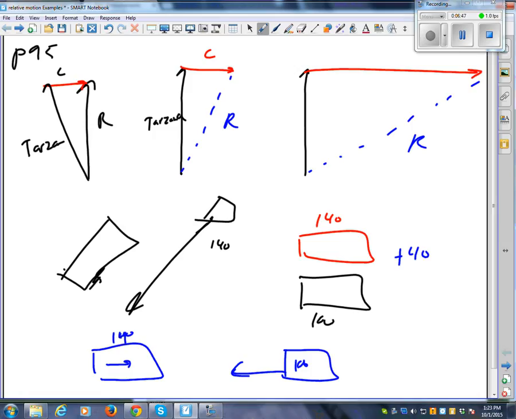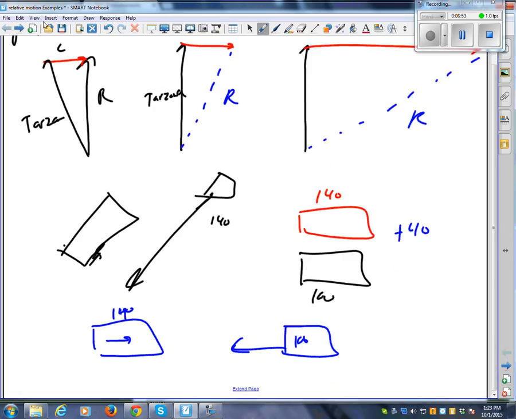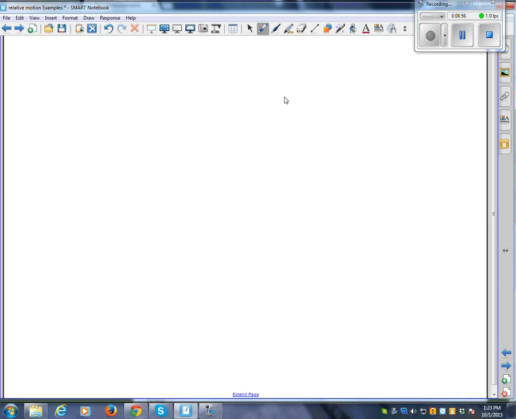Now, on page 96, there's a whole bunch of the worst physics mumbo jumbo I have ever seen in my entire life. It is quite possibly the worst bit of textbook writing ever. They got V-R, and I've got V-C and V-W. Have you got that written there on page 96?